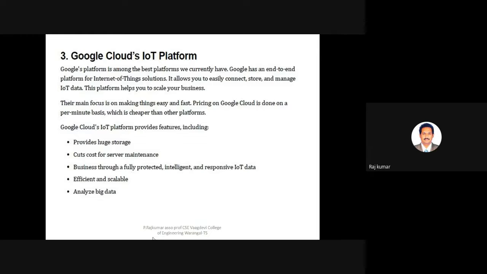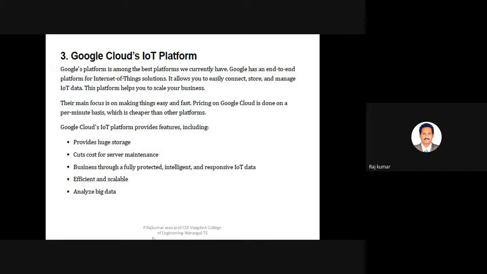The advantage of using Google Cloud's IoT platform is that it provides huge storage, and server maintenance is also very low. We require servers when your data needs computationally intensive work, that is, when you want to perform analytics on it. The servers provided by Google Cloud are a little less costly compared to other providers.